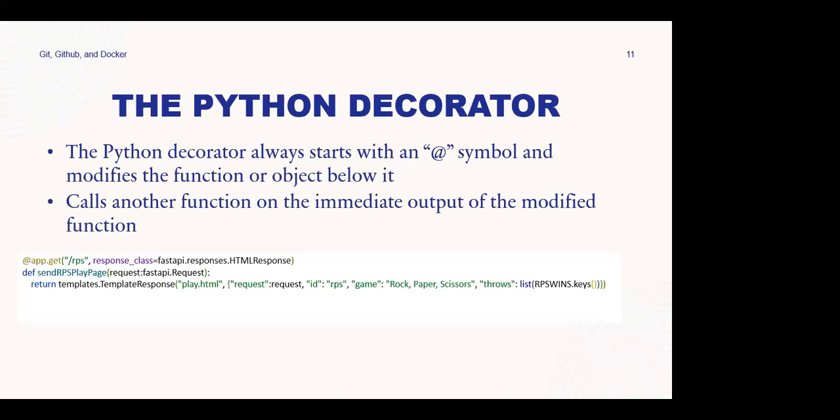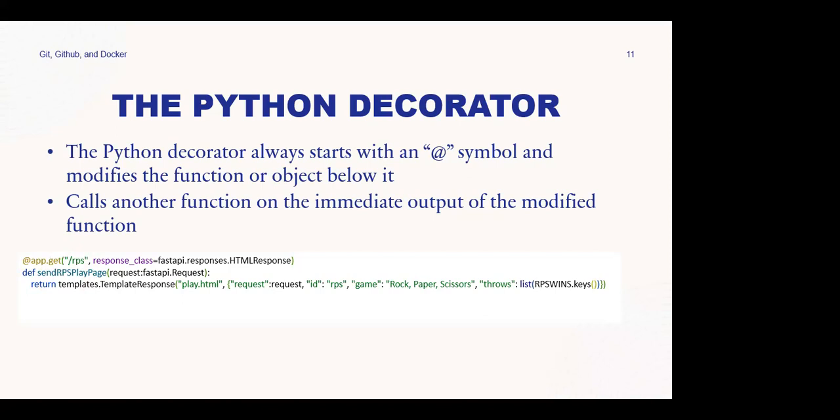And what it does when it wraps a function or an object creation is it's basically saying, take whatever's output from this and do something else with it. And sometimes they can even take arguments. So for example, this @app.get. If app is your REST API that you're building, and you have this .get here, this is actually saying if somebody makes a GET request on the app, and this looks a lot like an endpoint. So if they make a request to